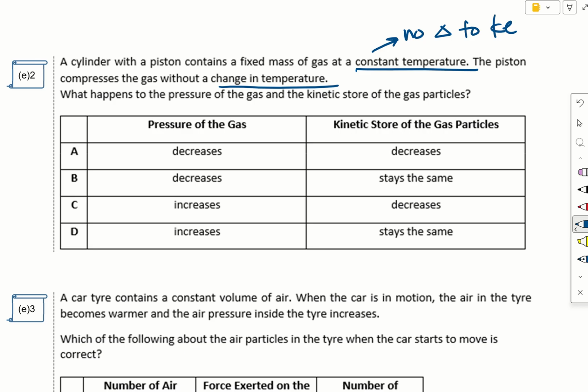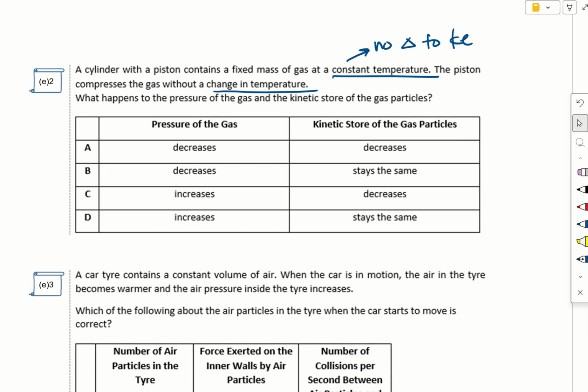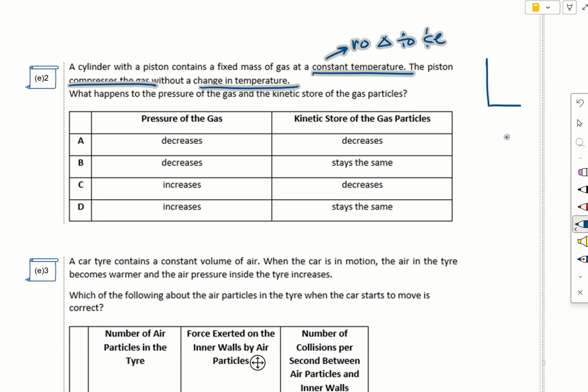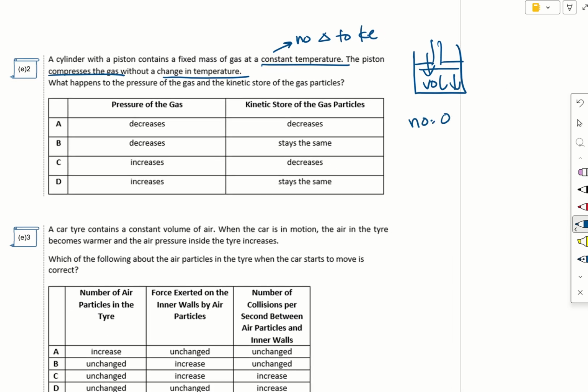Okay, so the pressure of the gas, now that you have actually a smaller volume, because it compresses the gas, right? It's a piston. So actually, as this thing goes down, the volume decreases. So we have a number of particles, and this is an important phrase: per unit volume,